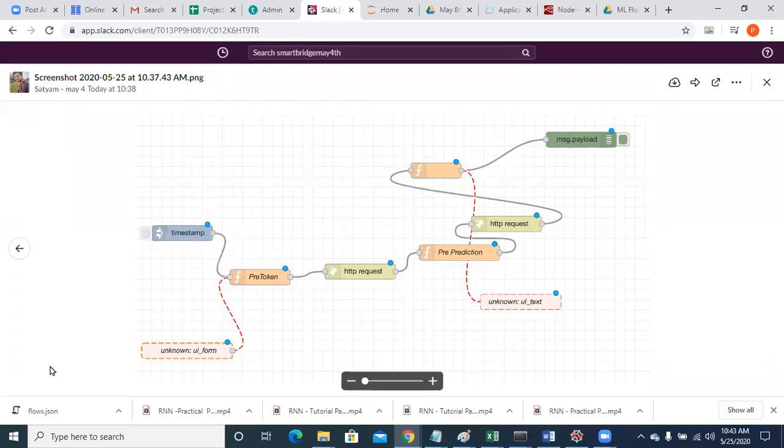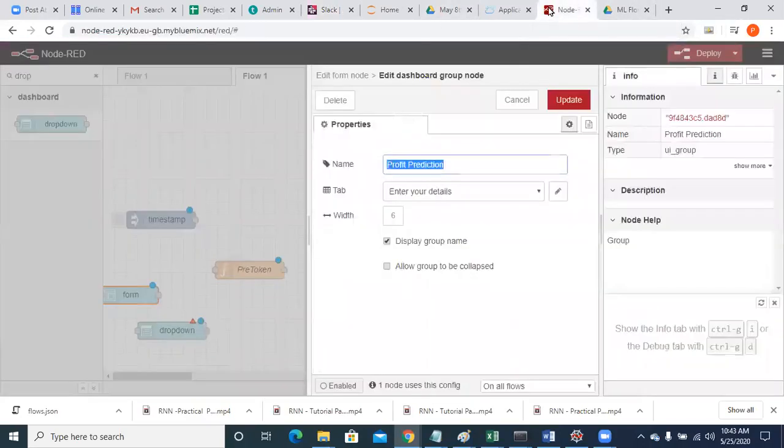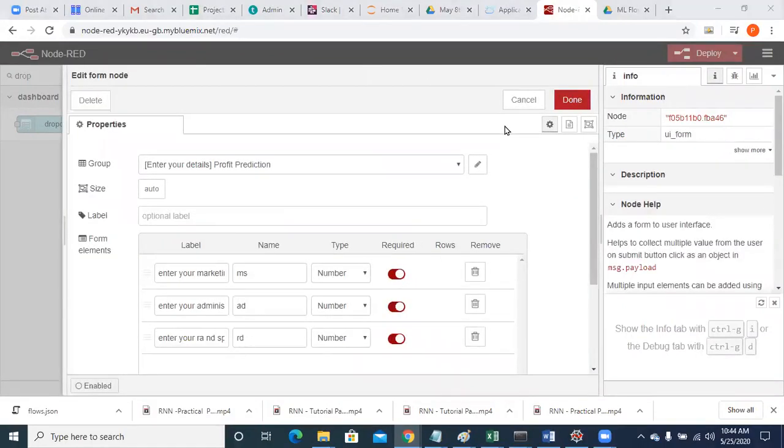So your dashboard nodes are deleted. So go to that palette and download the dashboard nodes, Satyam. Okay. Download that dashboard node.